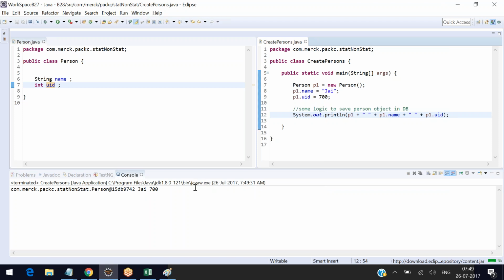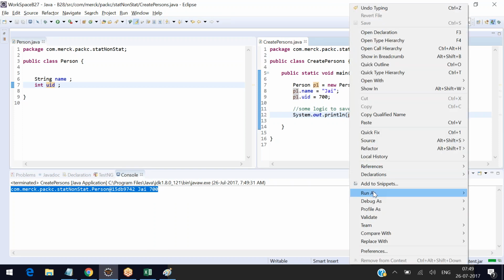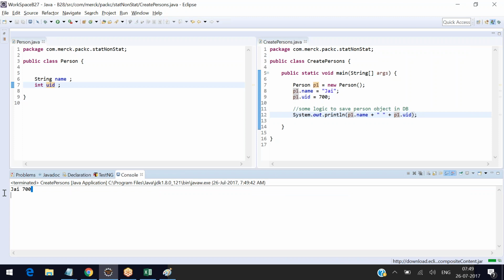Run as. Okay, this is what is happening. And if you don't want to print the memory address, just remove it, because we already know it gets printed. Okay, I mean JN 700. Now consider